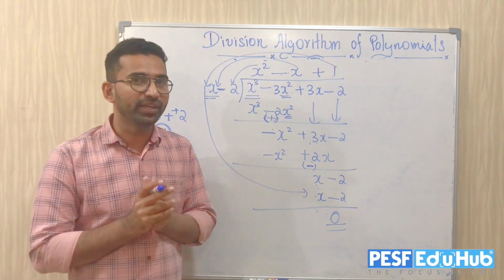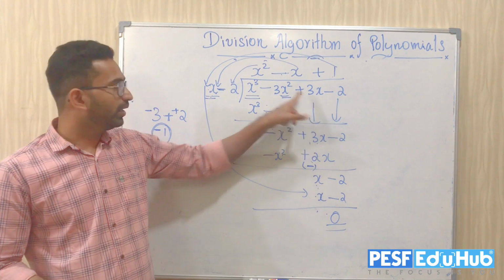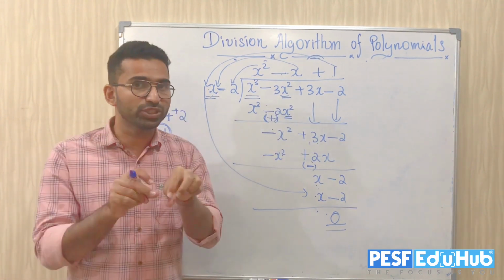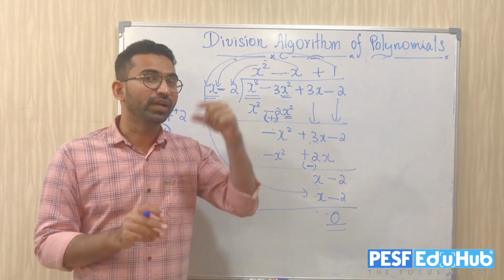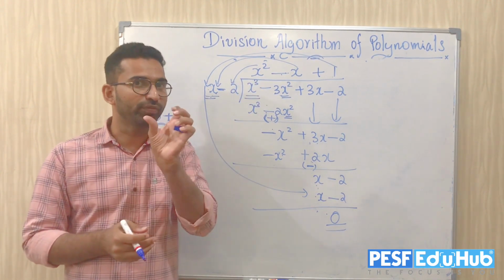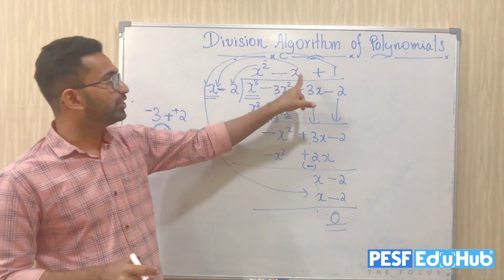So what is the meaning actually? When you divide this particular polynomial with the x minus 2, you are getting an answer, no? That answer will be the thing they are asking in the question. Means there is a g of x asked in the question, no? So what is that g of x? This is your g of x.